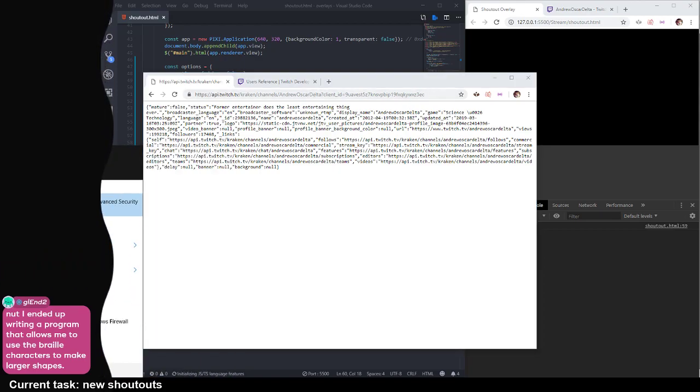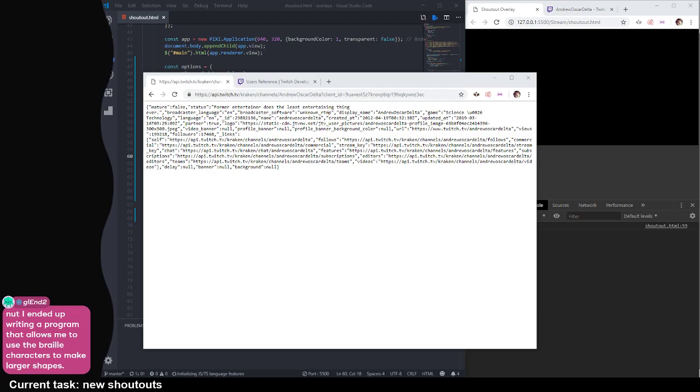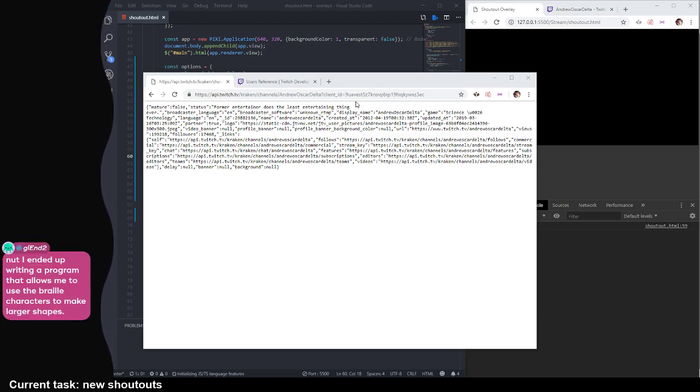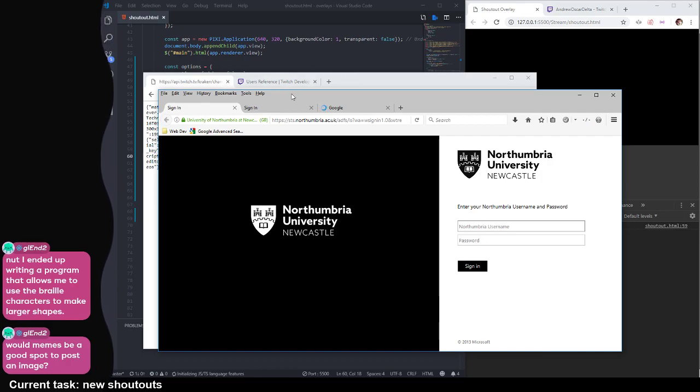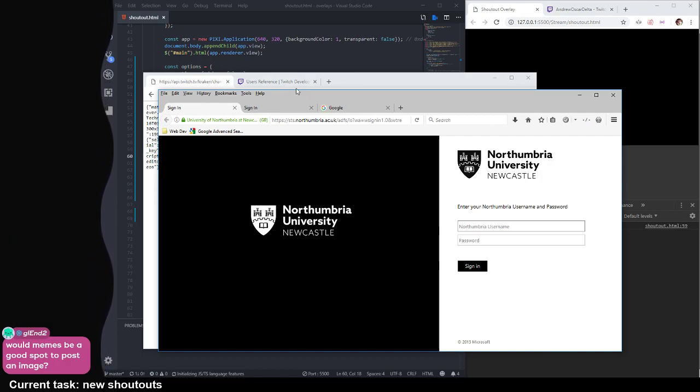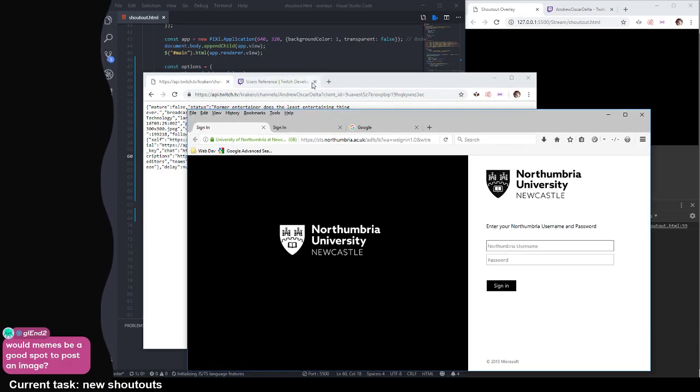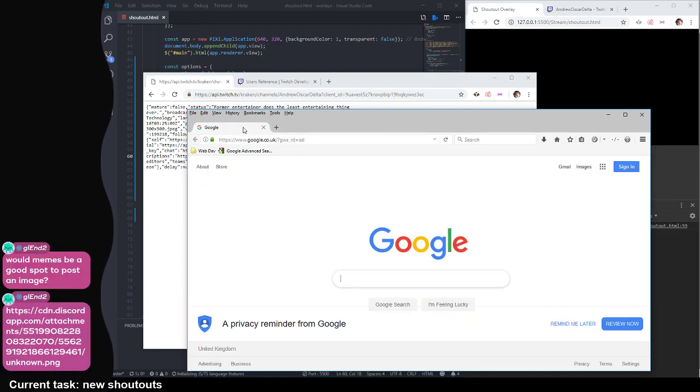Oh, do I have Firefox in this? Maybe I can show Andrew the thing. Would memes be a good spot to post an image? Oh, you can post it in chat if you want. I don't have a bot thing. I don't have Discord up here at the moment. I do have it on my phone, but